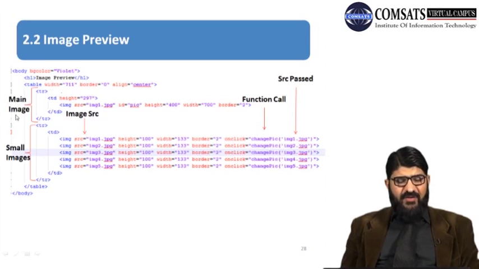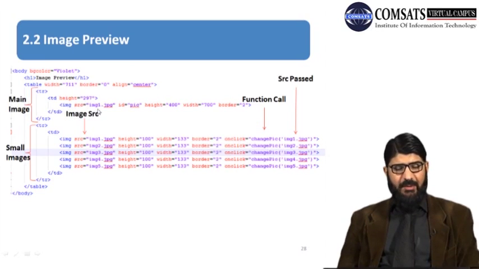Then the main part of the table contains TR, a row is created. Then TD, the table data cell is created. The height of the data cell is 297 pixels, and then the image source is given. The image source is image1.jpg. The ID is assigned as pic. The height is assigned as 400, the width is assigned as 700, and the border of the image is mentioned 2. The table data cell tag is closed.